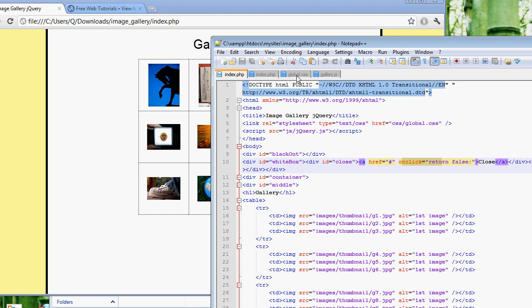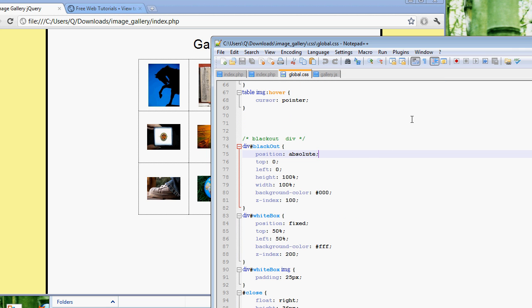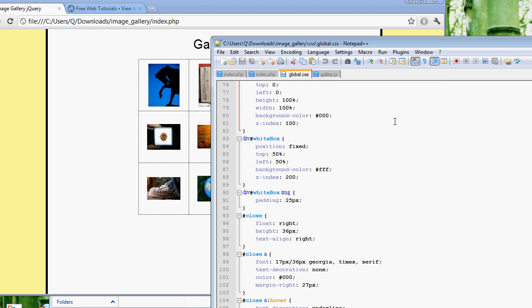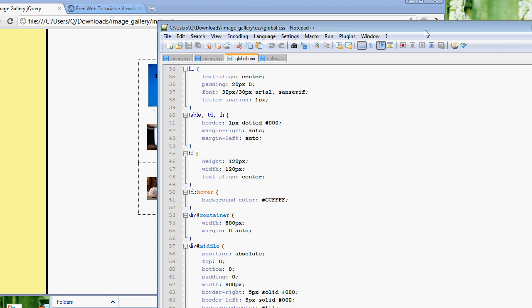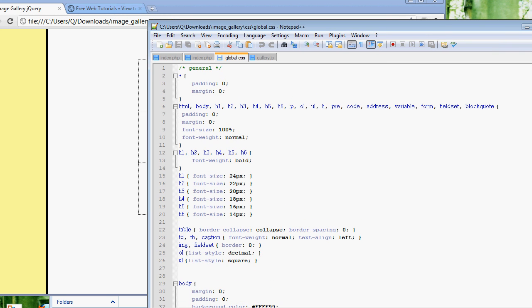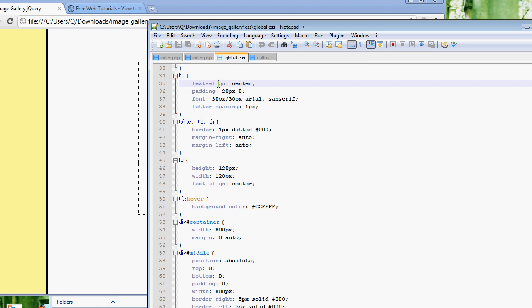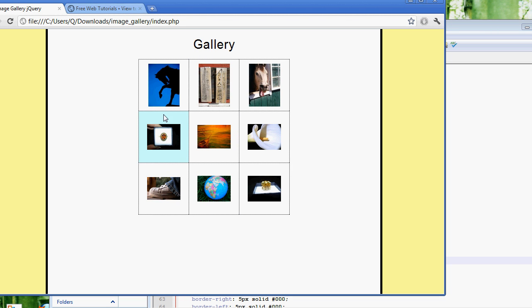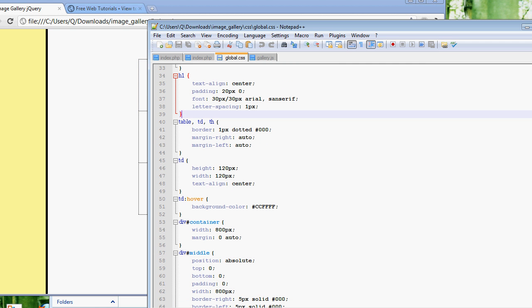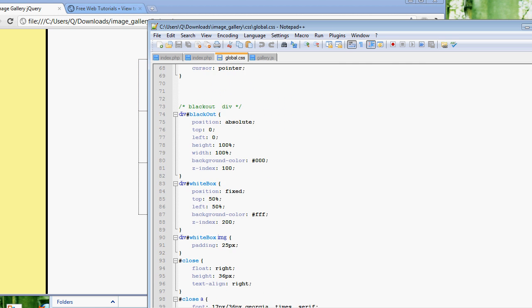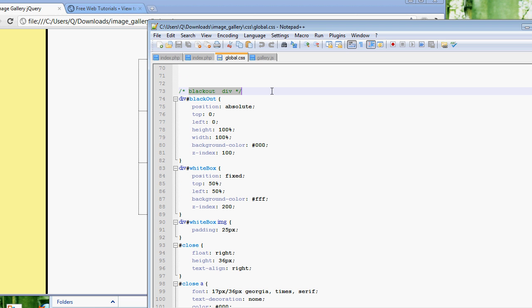So now that I've gone through that, I'm going to go over a little bit of the global.css page. If you take a look at it, at the top it's fairly straightforward stuff, like CSS resetting at the very top. And then I have some basic CSS to make it look nice, with the dotted table borders and a nice little background for the hover, stuff like that. The only important part I want to cover is everything below blackout div. Now, it has the white box div and everything else, but I just named it blackout div in the